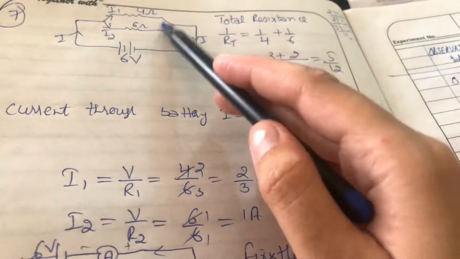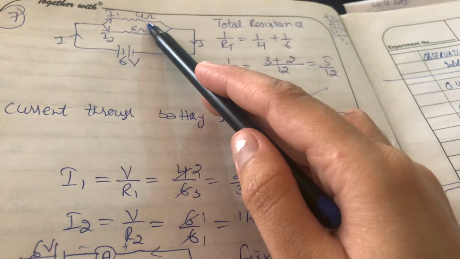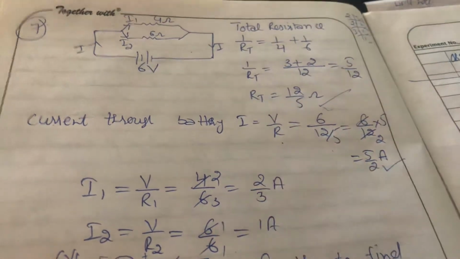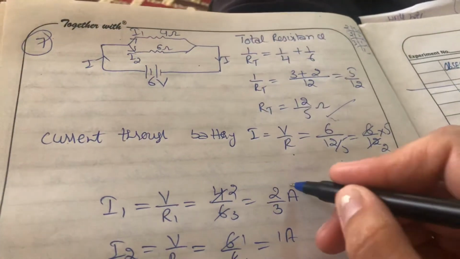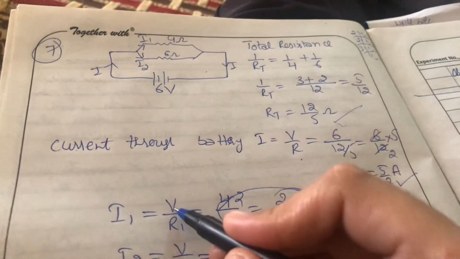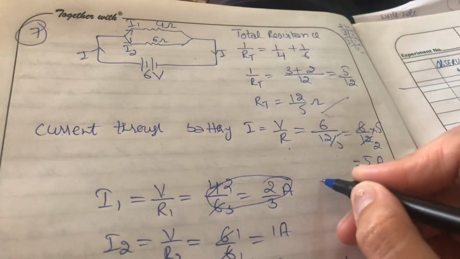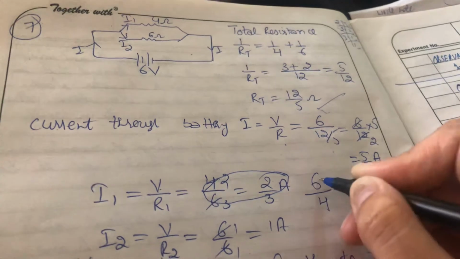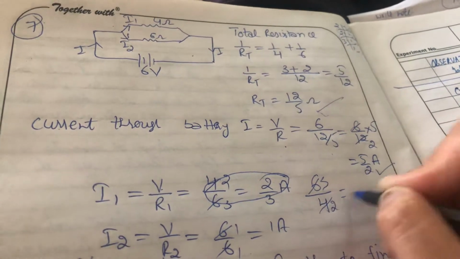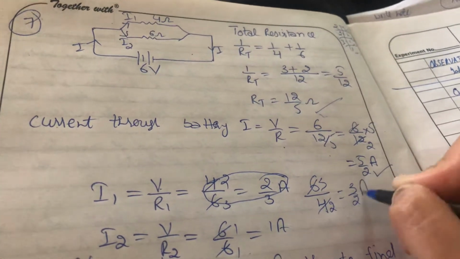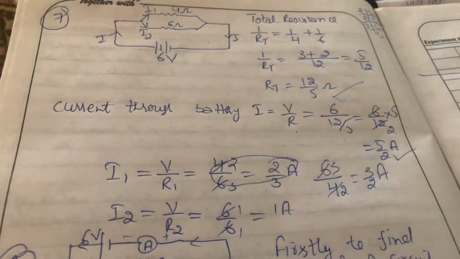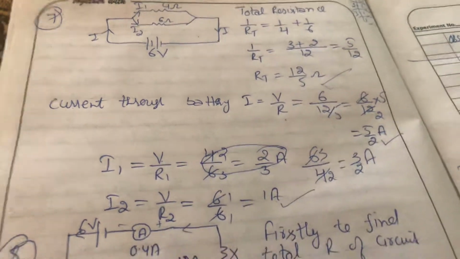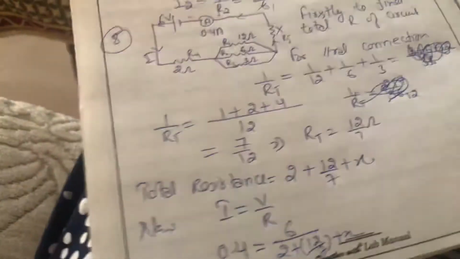In the same way, current through this 4 ohm resistor, voltage is the same, that is 6. Okay, this one is wrong. So, here V is 6 and the resistance is 4, it will be 3 by 2 ampere. Okay. And here it will be 6 by 6, that is 1 ampere. Okay. The next question is